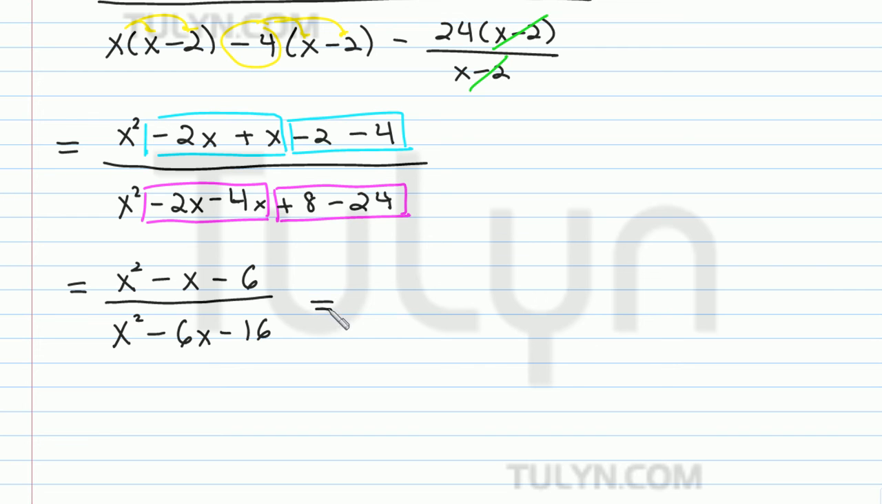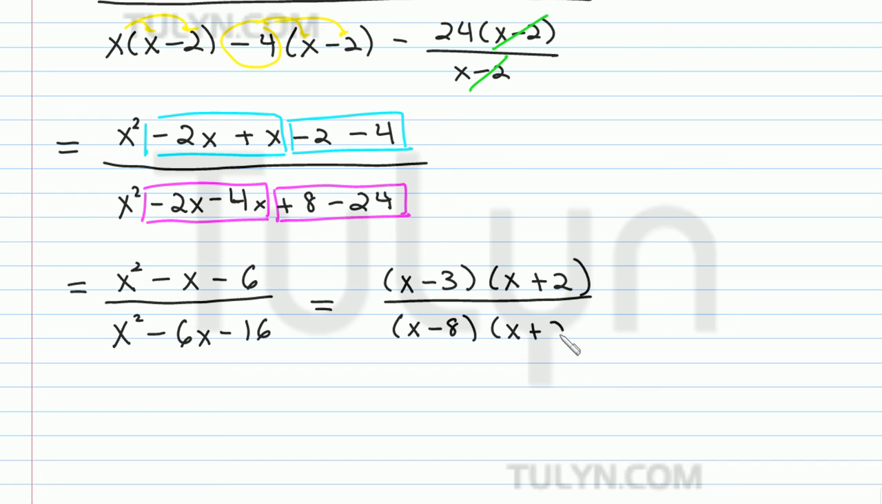So now we reduce further by factoring out the numerator and the denominator. So x squared minus x minus 6 factors into x minus 3 times x plus 2, right? Yeah, because negative 3 times 2 is negative 6, and negative 3 plus 2 is negative 1. So then the denominator becomes x minus 8